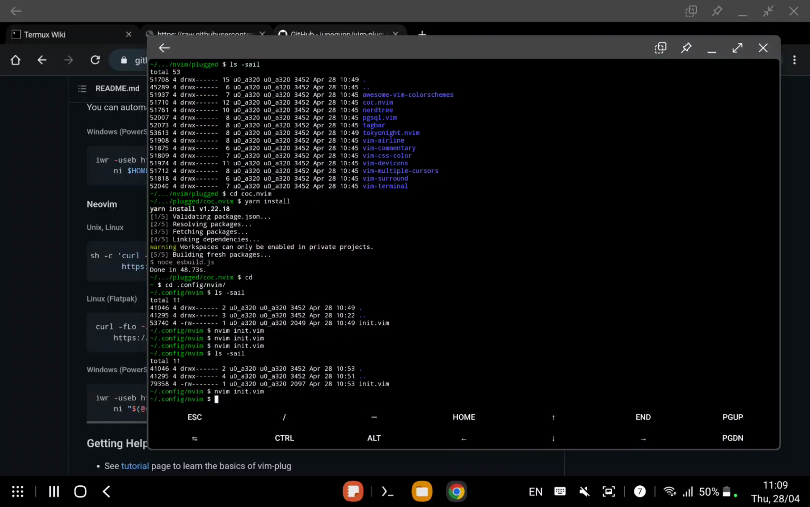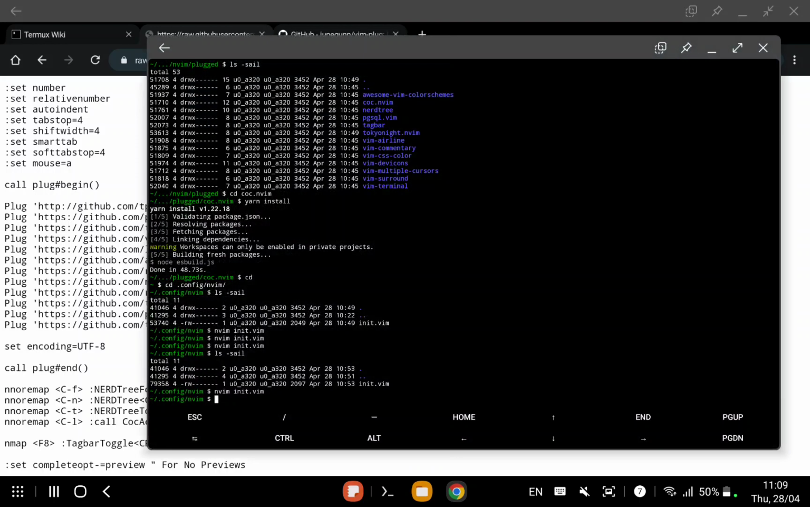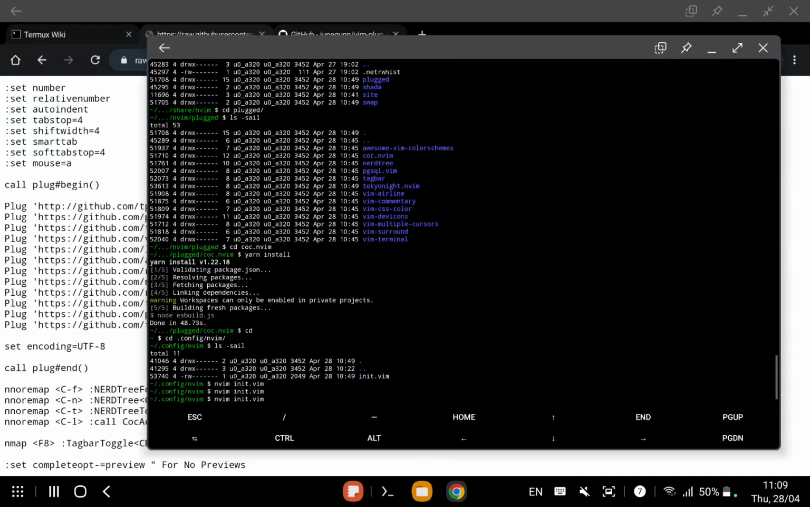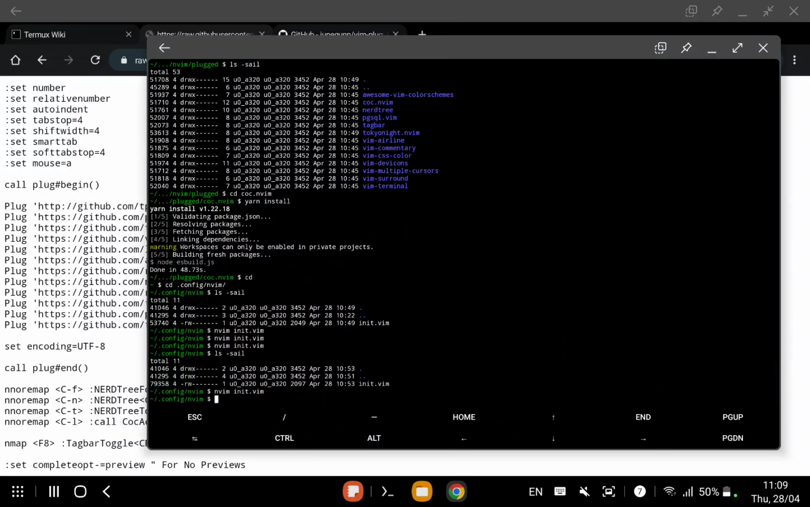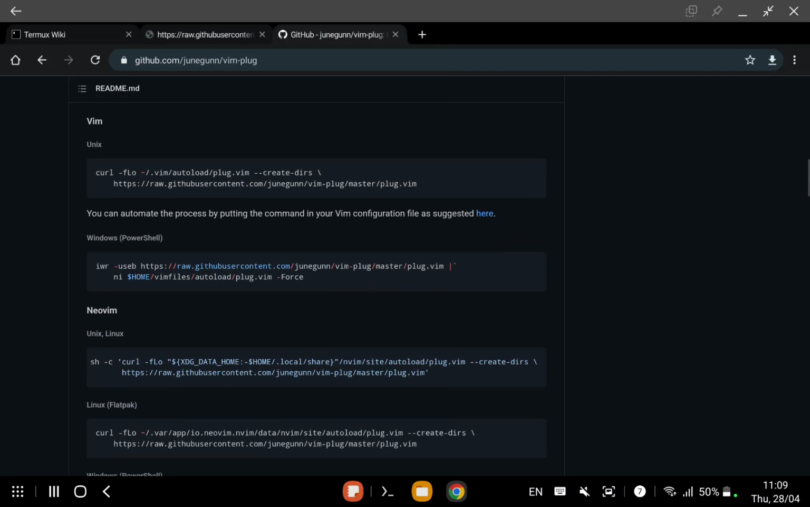Hi, so I have just set up Neovim on my Samsung Galaxy Tab S8, and what I've done is I have taken the setup for Neovim from Neural 9, and I just copied the configuration, but I made a few changes that I wanted to mention before you install anything on Termux. So first of all, you need to install curl and git, of course, but there are a few changes there. One more thing, when you install Vim plugin,